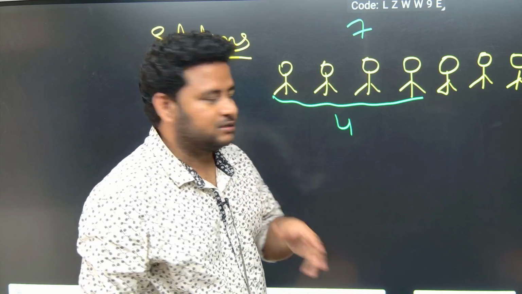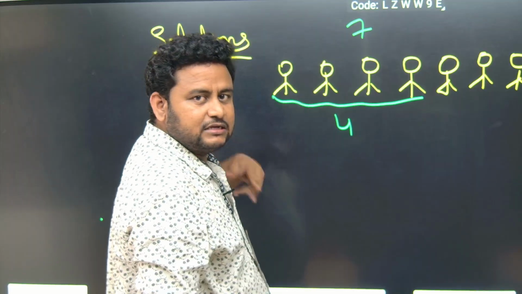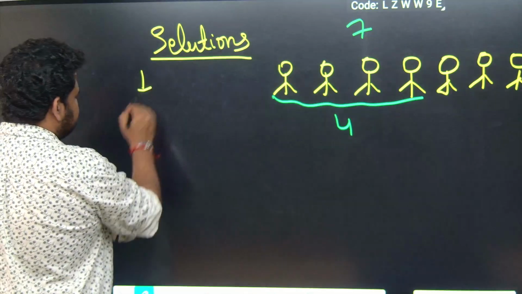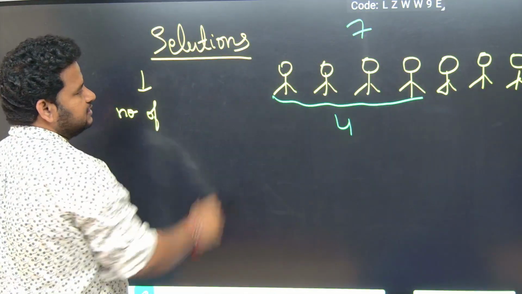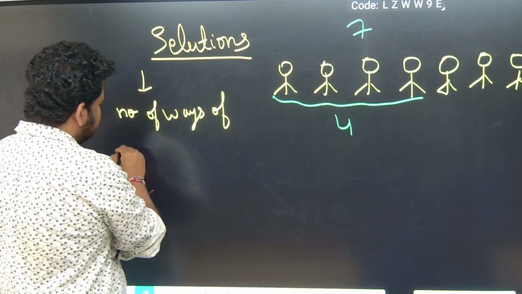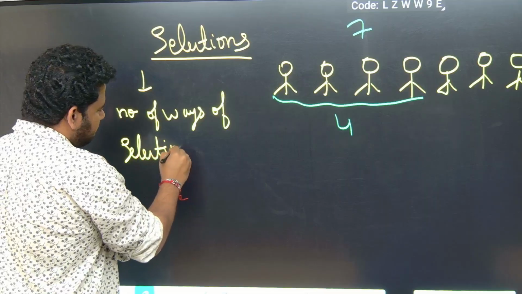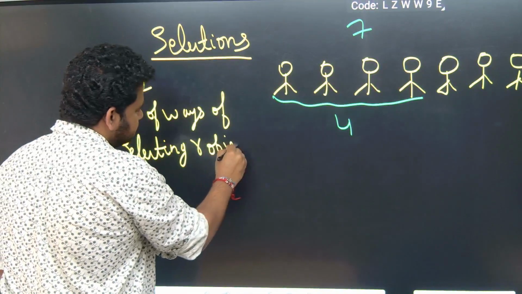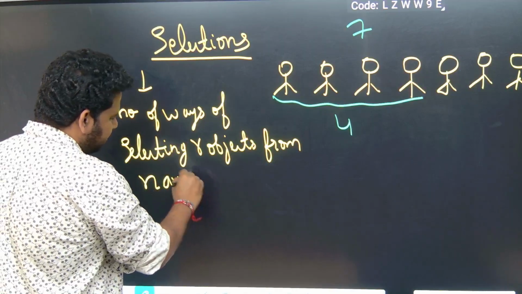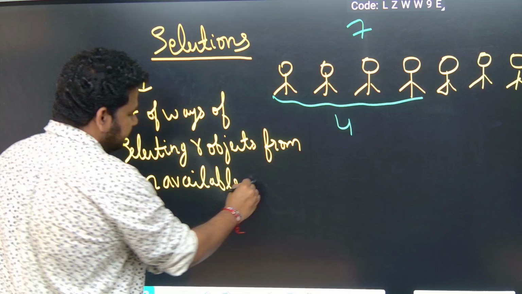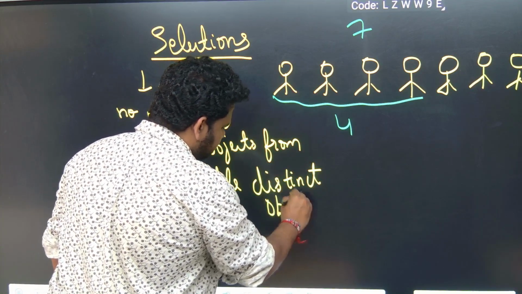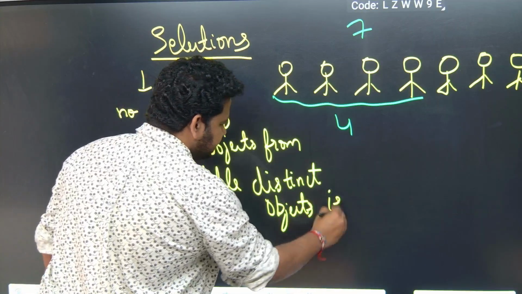What I am talking about is selection. That will help me do it by using the properties of selection. So that is the meaning of what is selection. The definition is number of ways: in how many ways I can select 4 different birds from 7 different birds. So number of ways of selecting r objects from n available distinct objects. Here the word distinct is important. Distinct objects, is given by